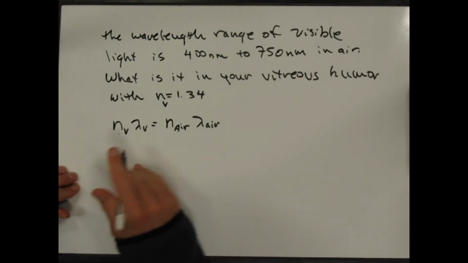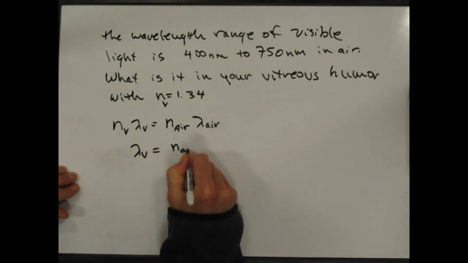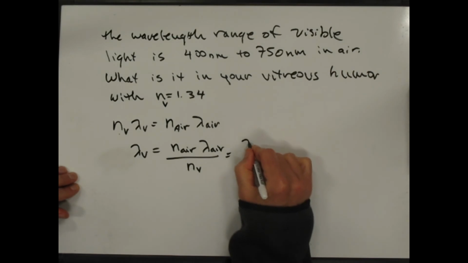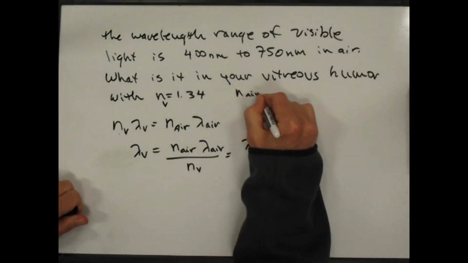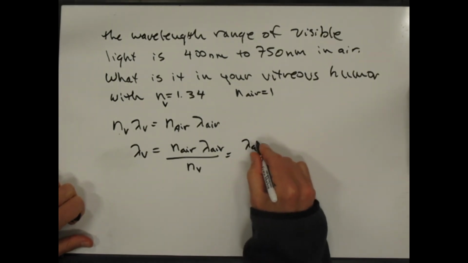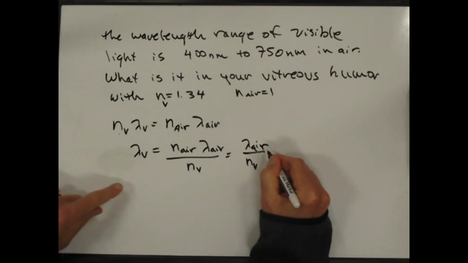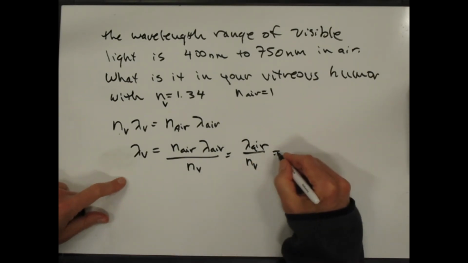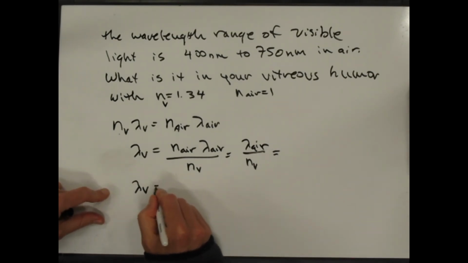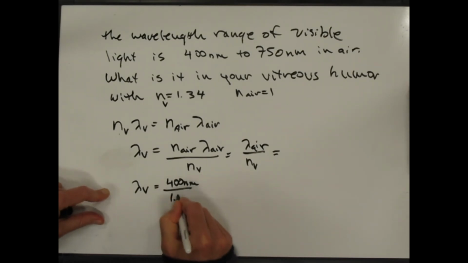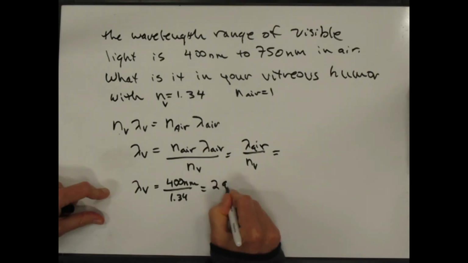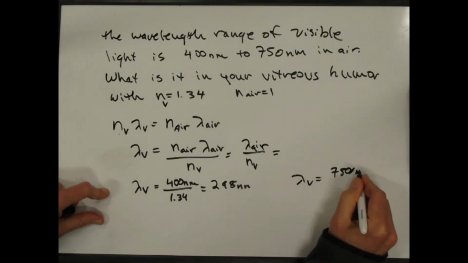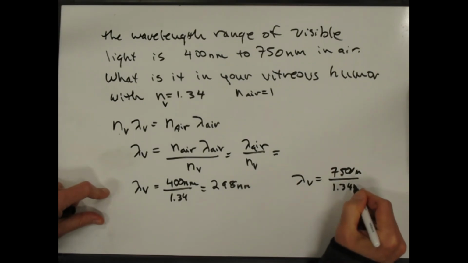And so N v, the wavelength in the vitreous humor, is N air times the wavelength in air over the index of refraction in the vitreous humor. And since the index of refraction of air is just 1, then the wavelength in air over the index of refraction of the vitreous humor is equal to the wavelength in the vitreous humor. And so if I do lambda v, if I do the 400 nanometers, that gives me 298 nanometers, or the wavelength in the vitreous humor for a 750 nanometer is